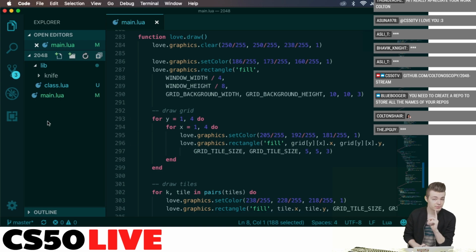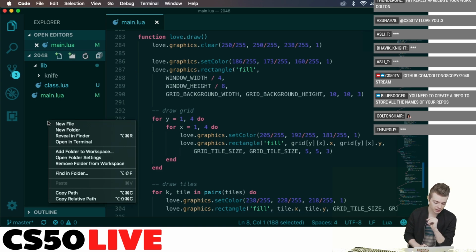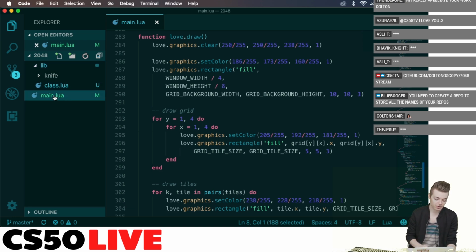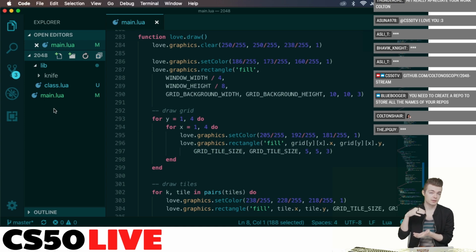Now, if we're going to do a refactor, what I generally like to do is create a new folder in my main directory. If you're brand new to Love2D and the way you create projects in Love2D, you'll notice that I have a main.lua file at the root of my folder. And that's the starting point of your application. Love2D is going to look for a main.lua. It's going to parse it, and it's going to look for a few core functions that you've overwritten yourself. And then it's going to use that to form the basic structure of your